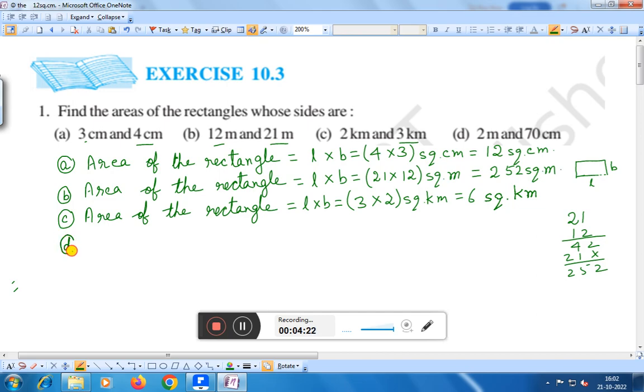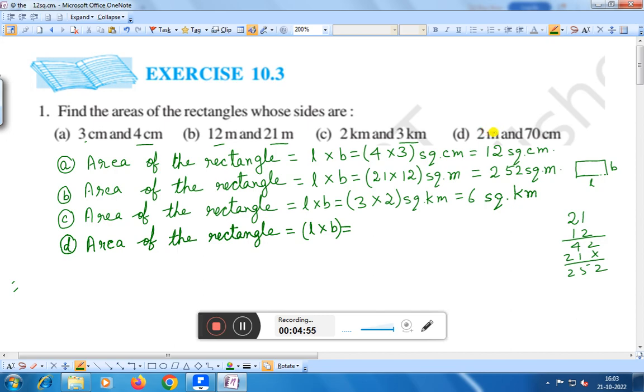Now question number D is to find the area of the rectangle. Area of the rectangle is equal to length into breadth. Here you see one is meter, another is